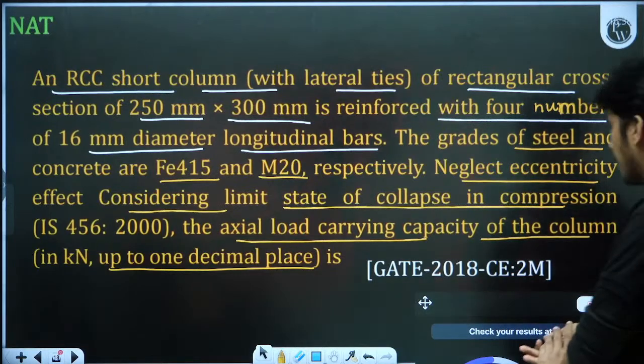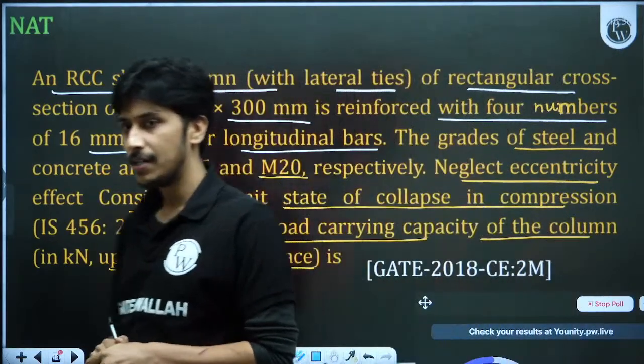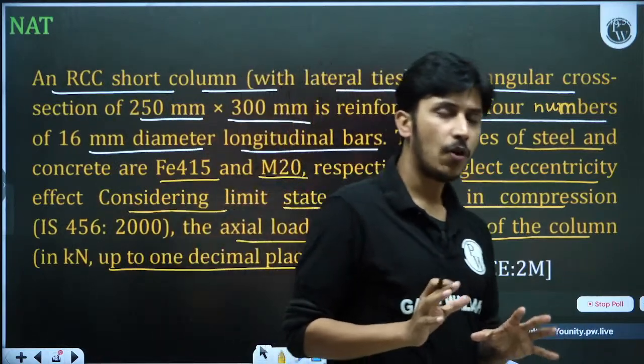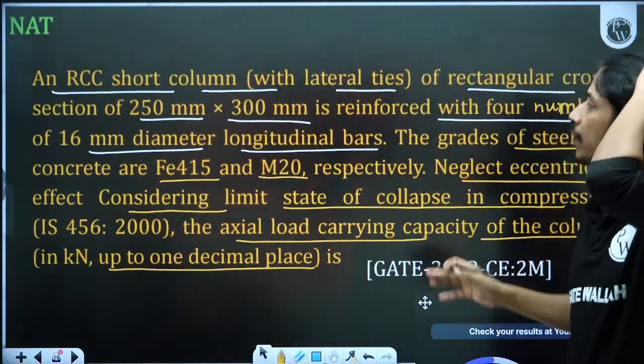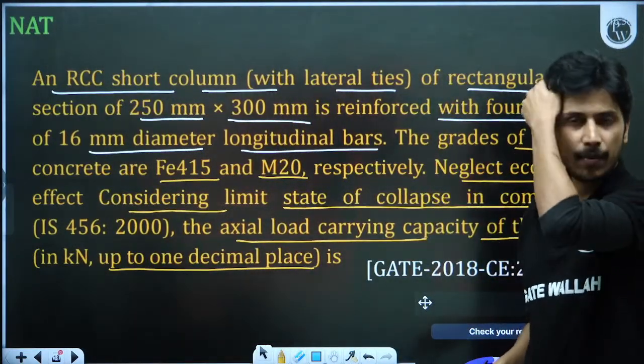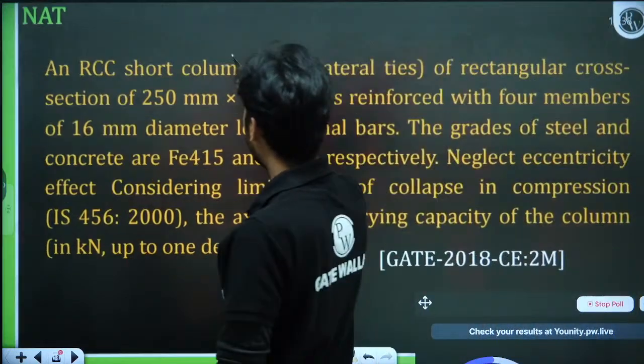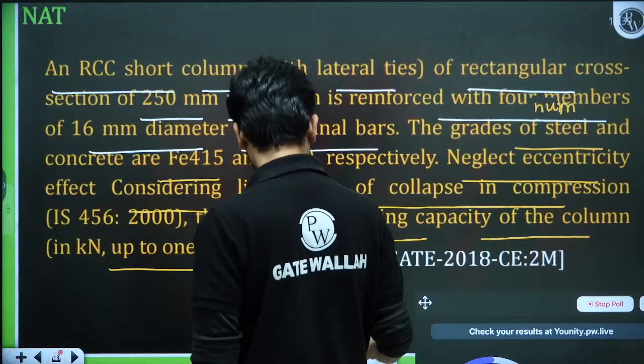A lot of students are saying 918.1. Let's see. Have you understood how to understand the question, how to analyze the question? If any GATE previous year question is asking from any concept, we have to cover all of the concepts related to that. Here it is asking from the concentric case, but you must know all other cases also.